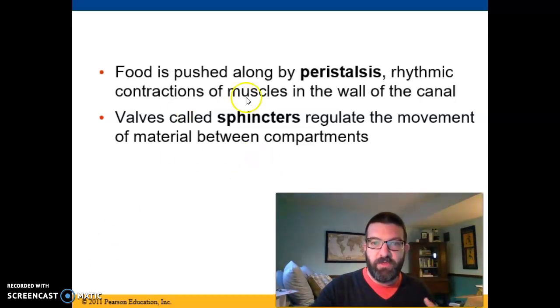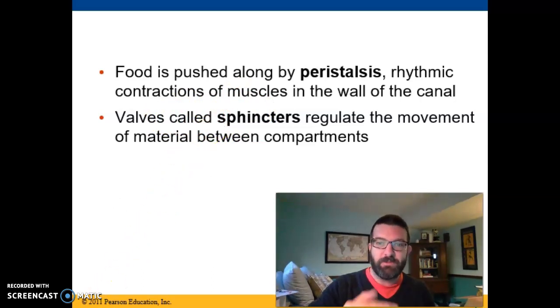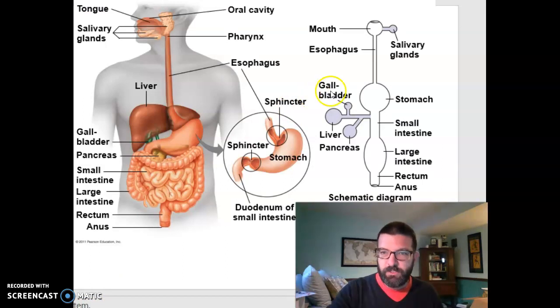And we have thick muscles that we call sphincters, valves, that regulate movement between compartments, like from the stomach to the intestines, for instance. And here you can see a general schematic of how this works, right? You have your main tube, and then you have glands like the salivary glands and the liver and the pancreas along the way, which dump helpful juices full of enzymes and other things into the canal at the places where they are needed the most. For instance, your mouth and your small intestines. And here you can see the actual organs at work doing this in an anatomically correct diagram. And we'll talk a little bit more about the mammalian digestive system here in the next video.